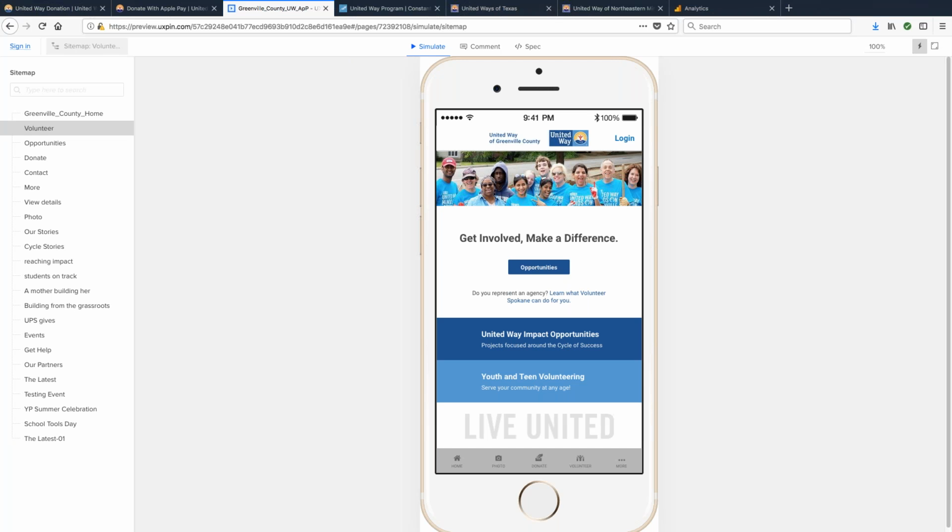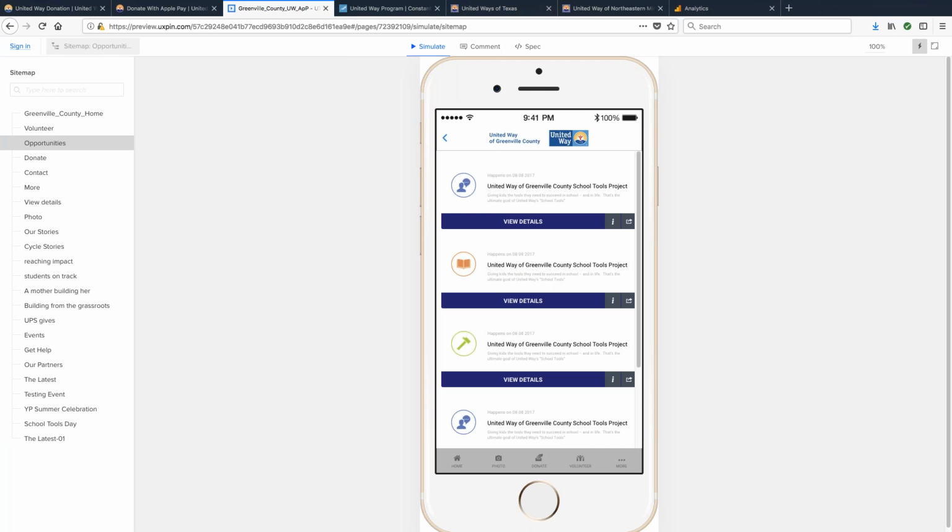So, FYI to you as a website customer of OneEach, if you're looking for a volunteer platform, this has been a very popular one with United Ways. It's actually how the conversation started, because we have so many customers in common. People search for volunteer opportunities and sign up for them. We can build it into an app, and we're working on integrating it with our website platform as well.